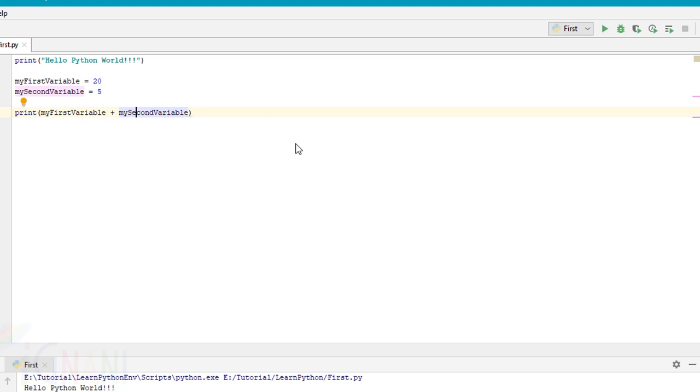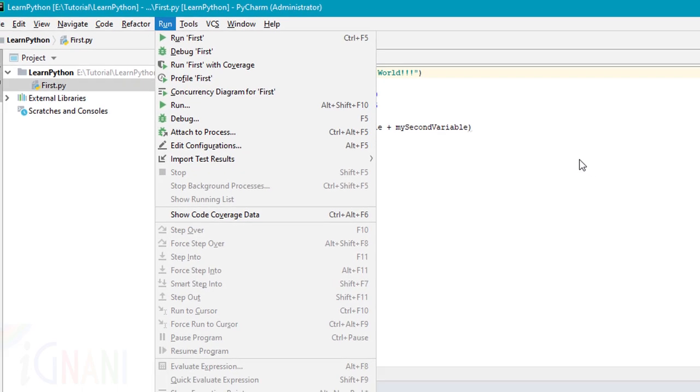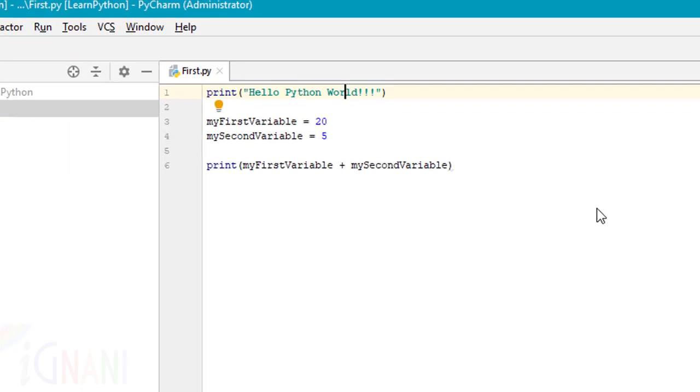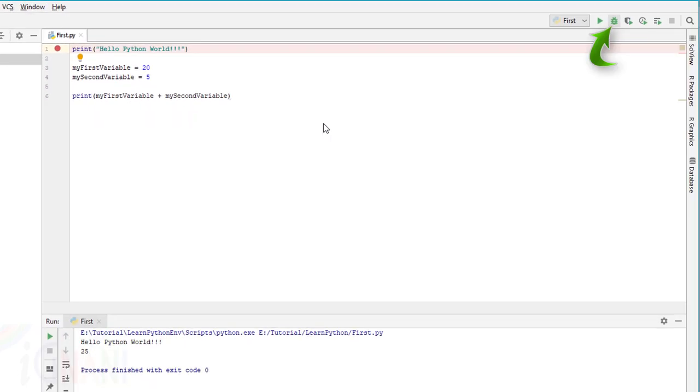So now I'm going to put a breakpoint here. If you see this area, you can click on this, or you can select the line and go to run, and then here you can see this toggle line breakpoint. You can click on that or select the line and press F9. You get a red dot here which says that there is a breakpoint. The program stops here and it waits for your input. So now if I start debugging,